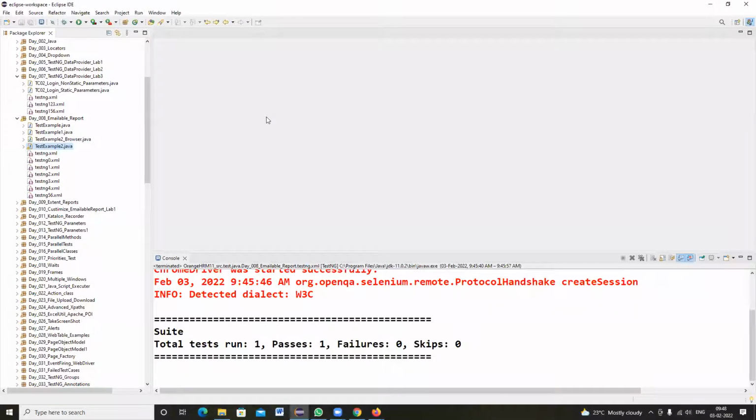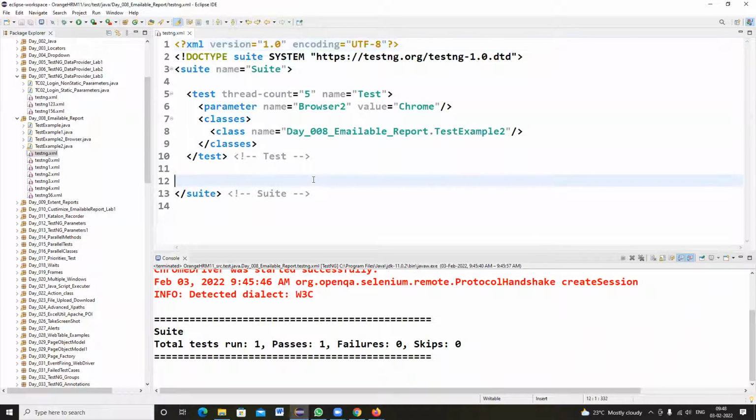Whatever it might be, at the method level your browser parameter is retrieving that value, and the logic inside is the same. How you fetch input data, from the Excel or from the testng parameter, depends on which approach your project follows. Most cases people will follow the testng parameter defined in the testng.xml. Hope everyone understood how to implement browser compatibility testing.